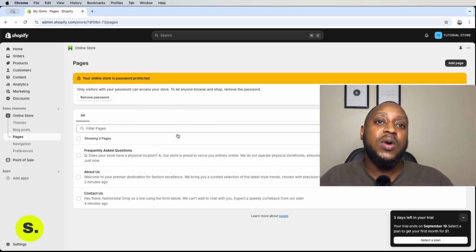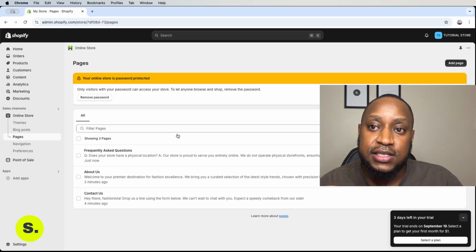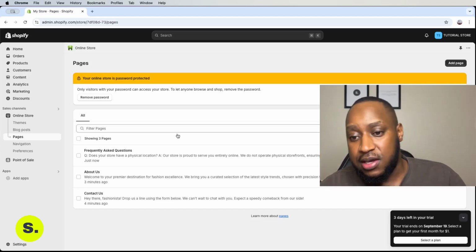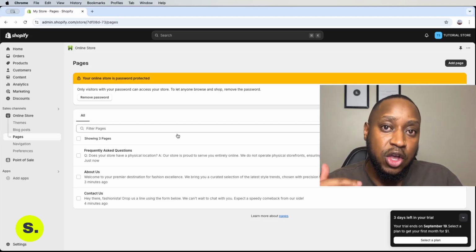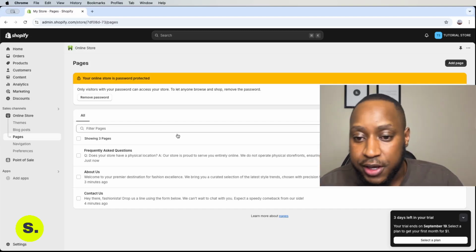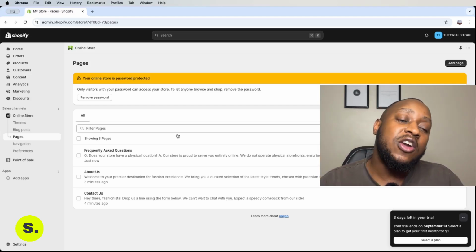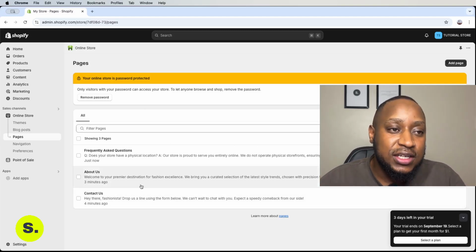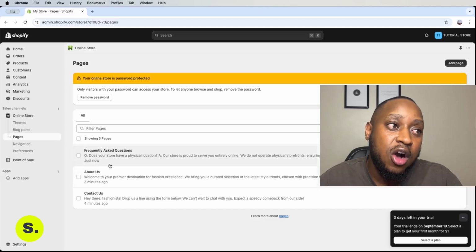So after this, we want to create additional pages. Like we said earlier on, we also want to look at creating our legal pages, or our policy pages, if you may. These are important pages because if you're going to be selling on platforms such as Google, YouTube, TikTok, Instagram, Facebook, Twitter, they all require you to have policy pages. As you can see, we did not create any policy pages from this page section that we are on under the online store. For those, we'd need to